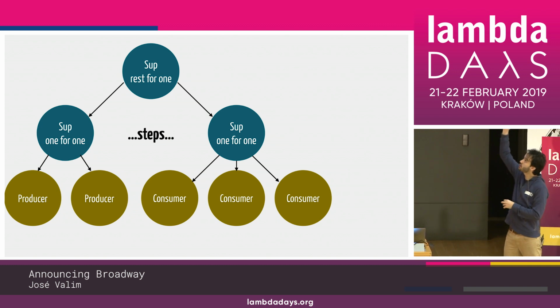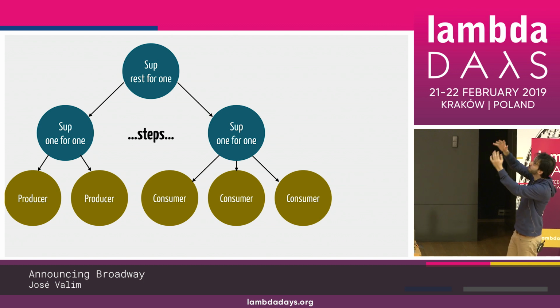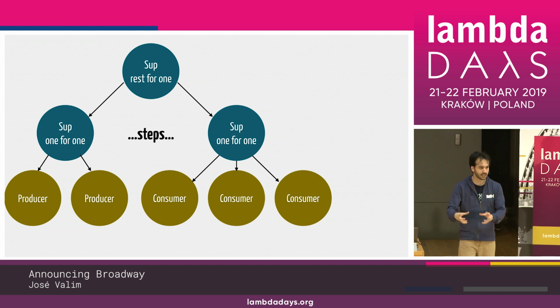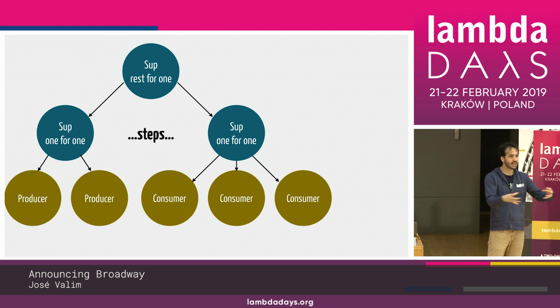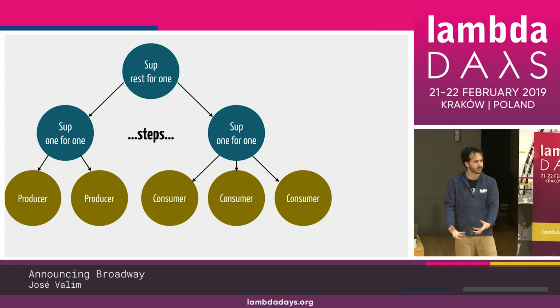So here we start first the producer because we want the consumers to subscribe to them, right? So we start producer, producer, and then the steps in the middle and the consumer, which means that when we're going to shut this down, the first thing that we are going to terminate is the consumer, right? And this is horrible, right? Because imagine that you have a bunch of steps and you terminate the consumer. All the data that is here in the middle is never going to be concluded, right? It's never going to get to the end because the consumer is the first one you terminate.